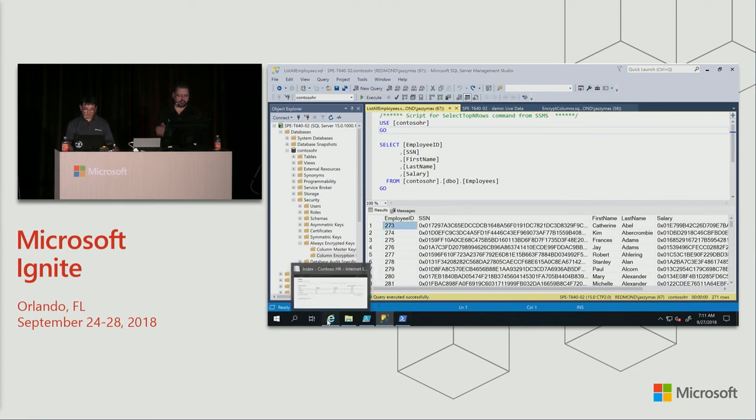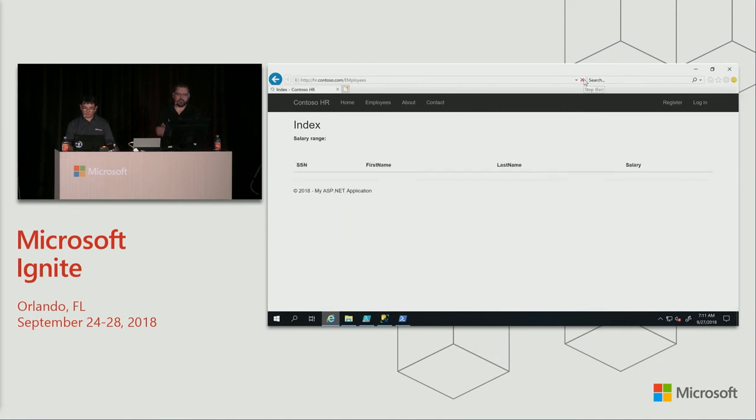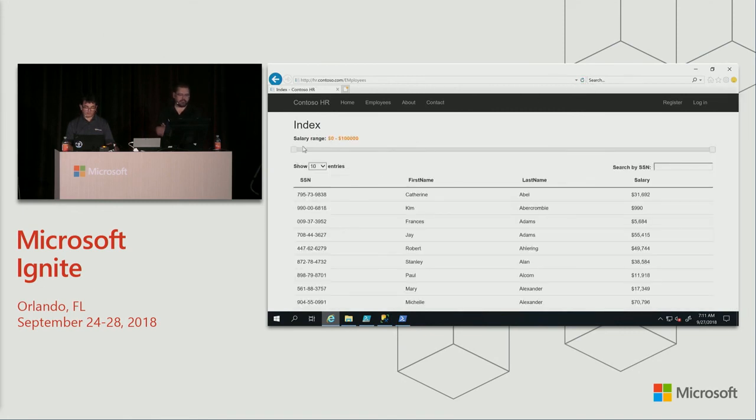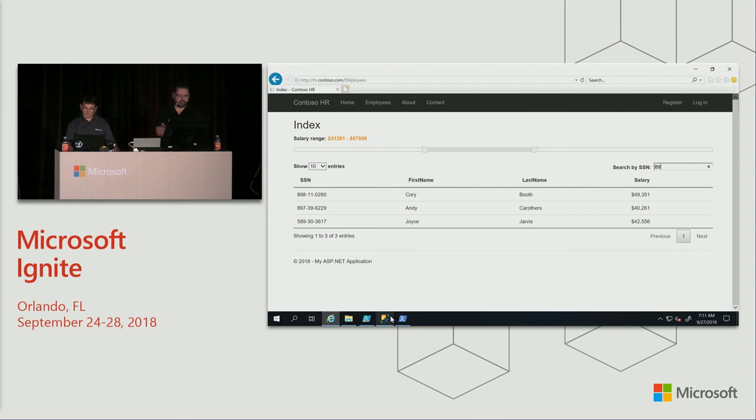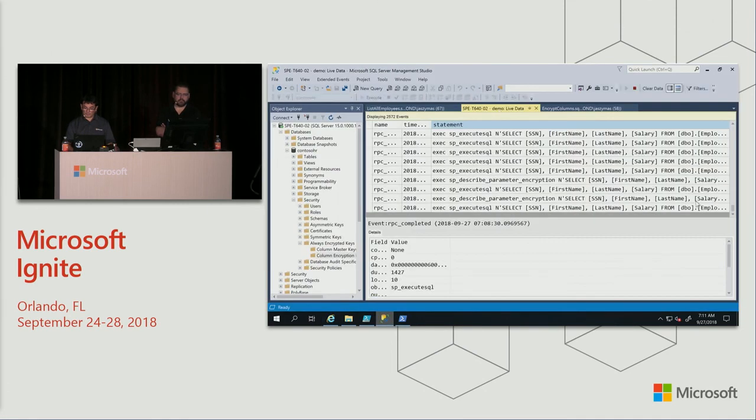So now, for a very quick moment, let's go back to our web application. And it still works, right? Not only that, the cool thing is that these filtering capabilities also work. And if I show you the queries, how they look now,